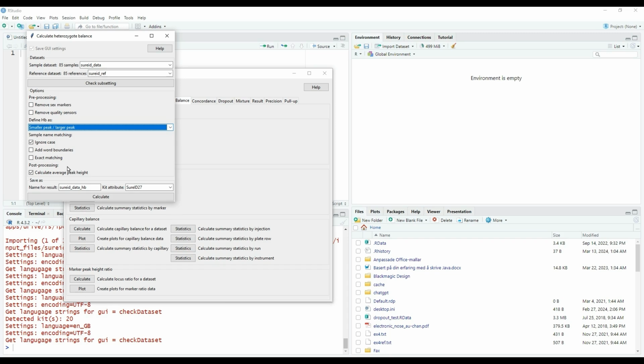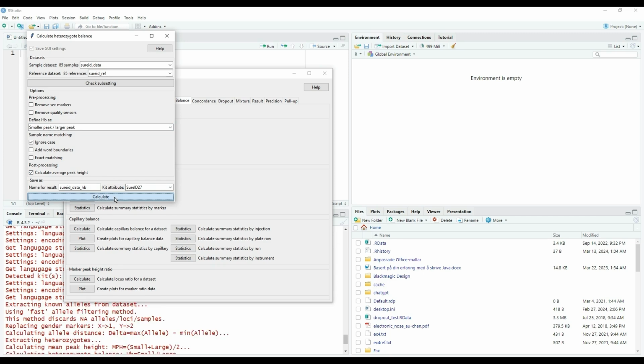There's a post-processing option to calculate the average peak height for each sample. If you have a large dataset, that calculation can be quite time-consuming. And there's actually some good use of these new columns that will be added to the result that I will show you later on. Click the Calculate button,